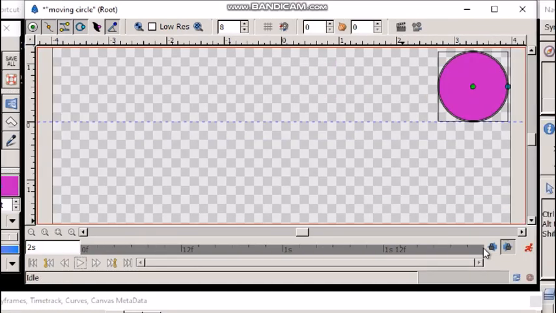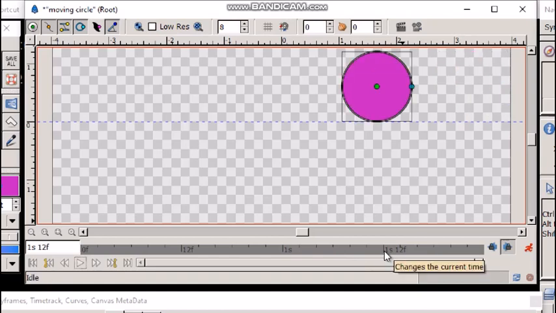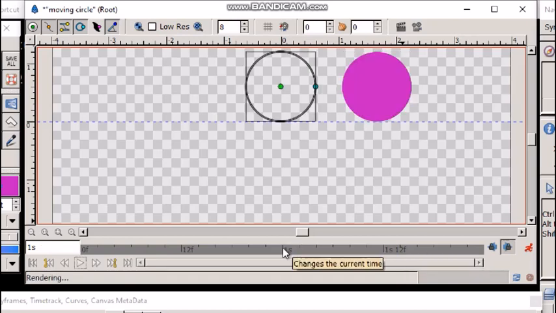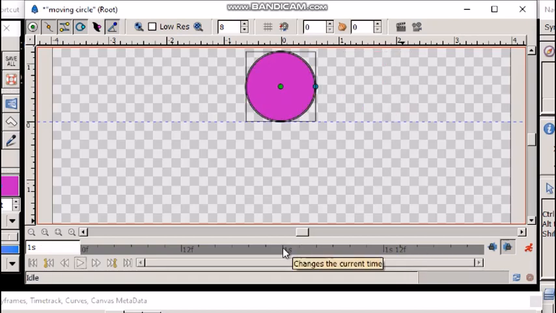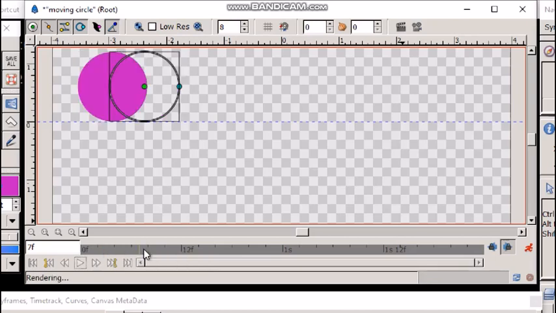Now by clicking on any position on the time slider, we will see the circle in a new position. Here we had specified only the beginning and end location of our circle, but Synfig automatically created the in-between images or frames.